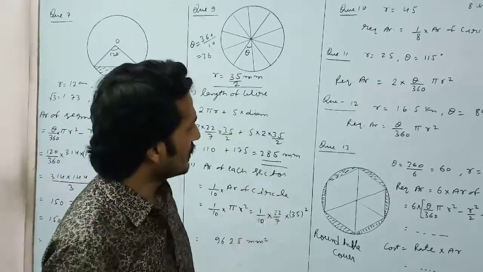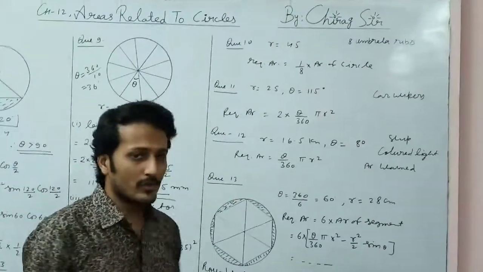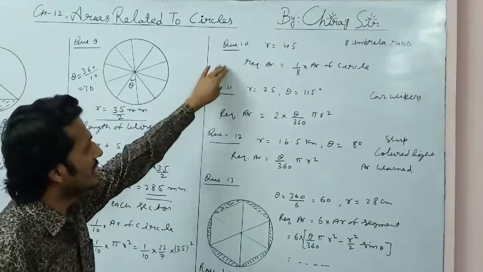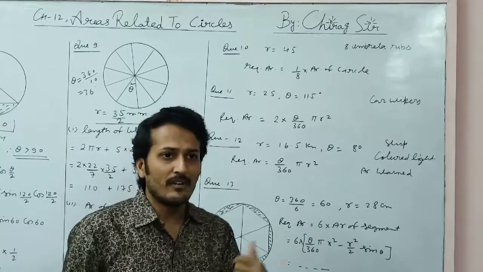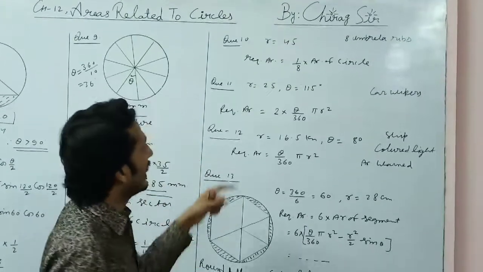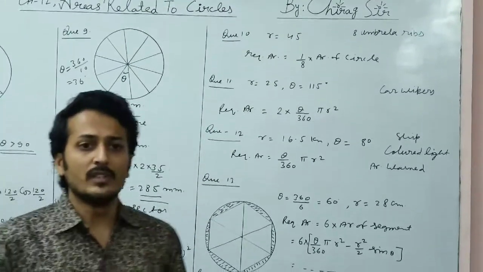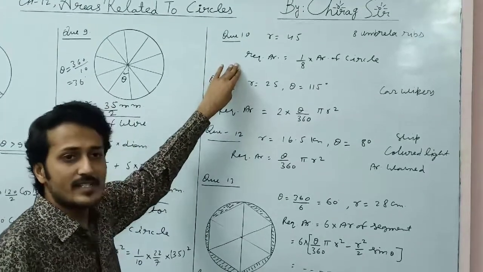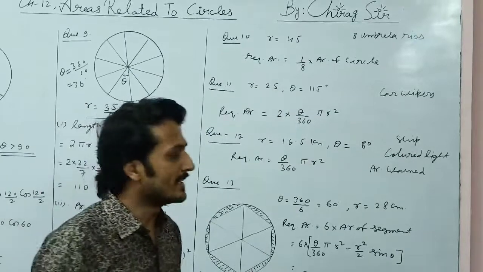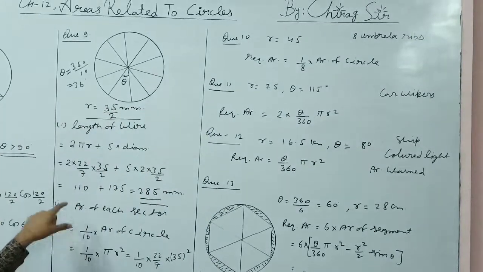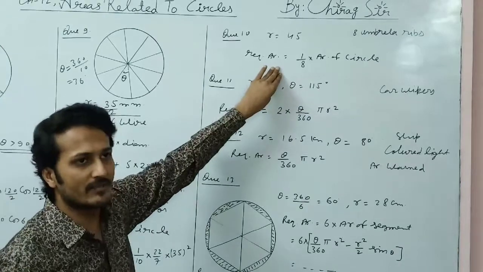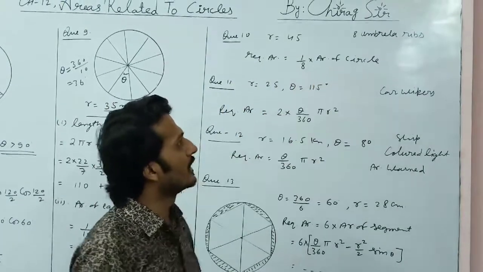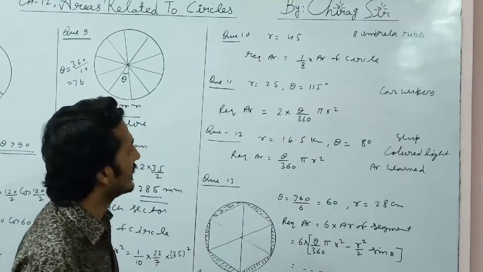Now for the next questions, I am explaining the question but not solving the full questions. I am giving hints how to solve the question. So question number 10 is, there is an umbrella which has 8 consecutive ribs and we need to find out the area between consecutive ribs. So that will be the area of a sector, or we can find it in a similar way as we did in question number 9, as the whole circle is divided into 8 parts. So the required area will be 1 upon 8 into area of circle. Now put the value of r, then we get the answer.